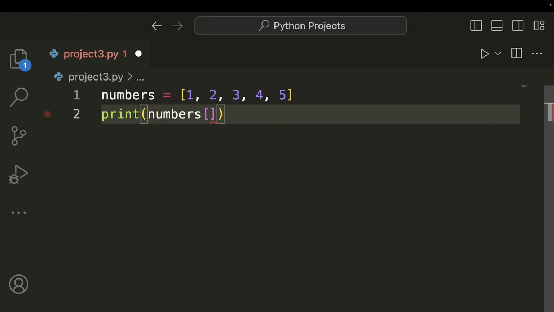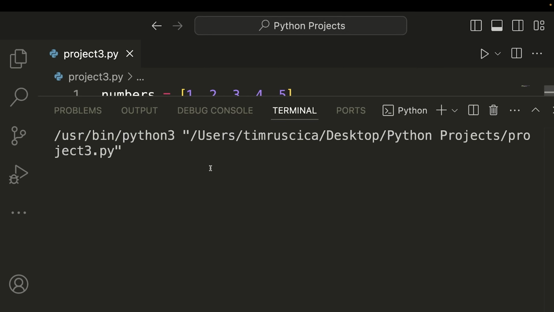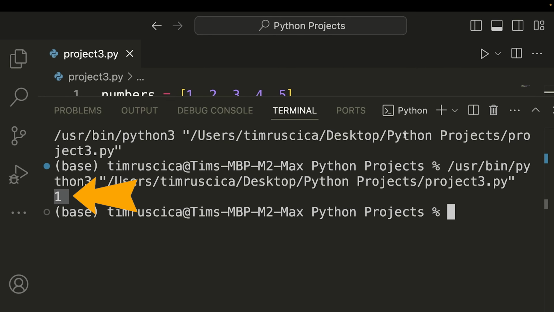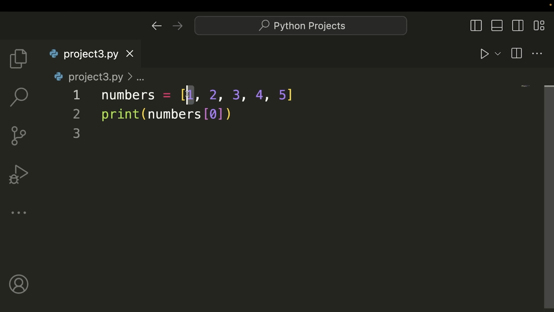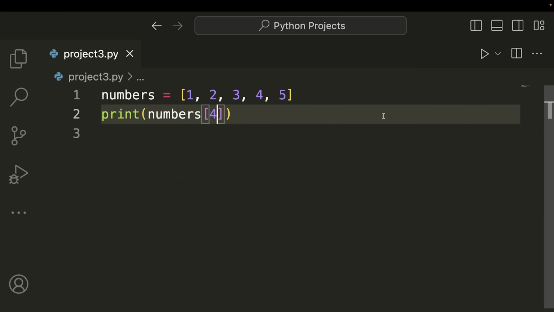I can say print numbers, and then I can use this index syntax. So when I use these square brackets here, and I put some index, in this case it's 0, that refers to this first position, or this 0th index. So if I print this out, it gives me whatever's in that position, which is 1. Okay, so I accessed this position. Now if I did maybe 4, for example, you'll see that I get 5